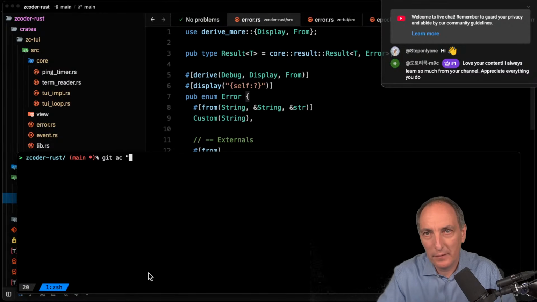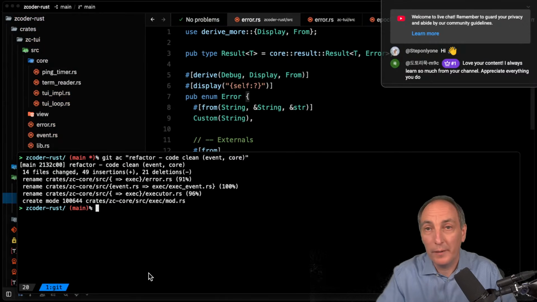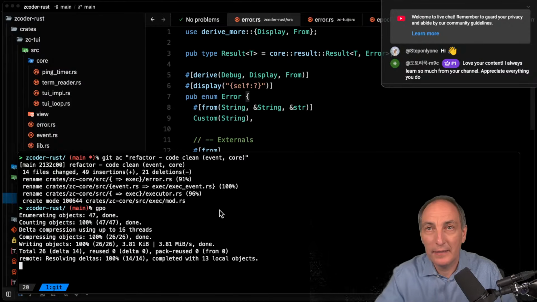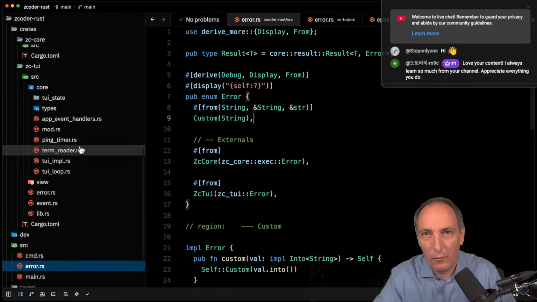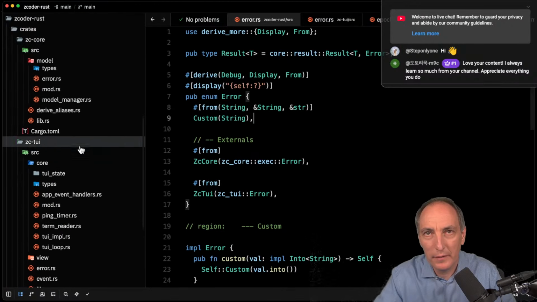add, append, and commit, and I'm going to say refactor and code clean event. Go. Don't have to be too perfect on this one. Okay, so I can push it, you can get it. And now one thing I want, I shouldn't have pushed it because now I wanted to have another one here in my,